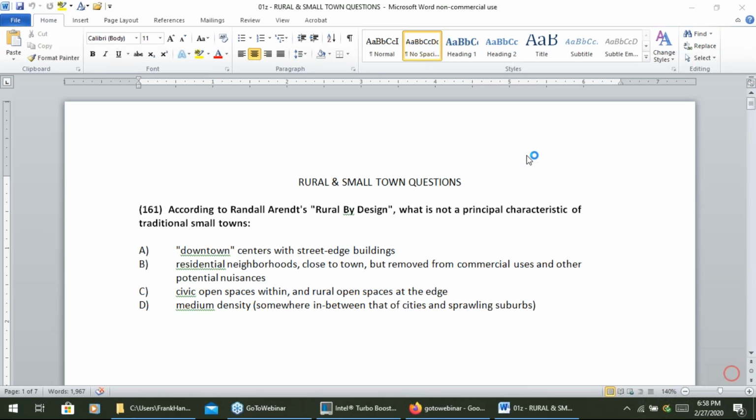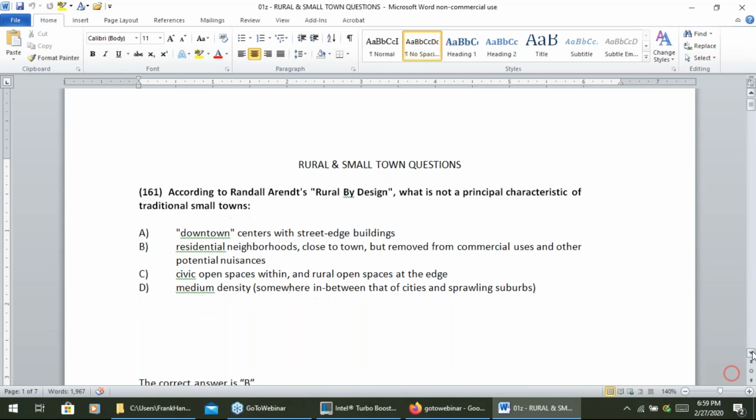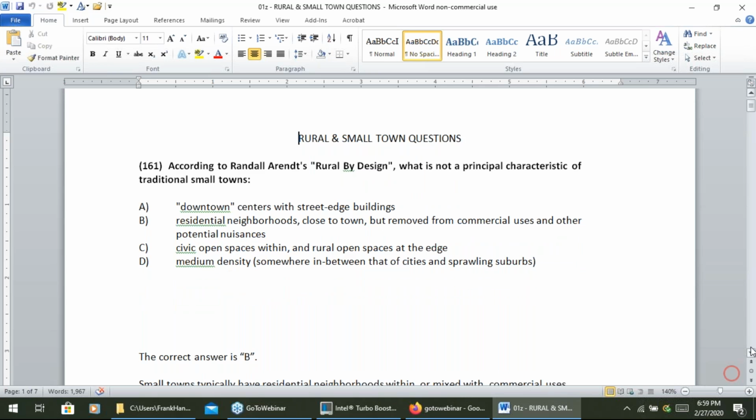So anyway, according to Randall Arendt, Rural by Design, what is not a principal characteristic of traditional small towns? This one's tricky. Okay, I think it's A. You think it's A? Yeah, but in your slide, where you listed them all, downtown center is one of them. Oh, it's B?